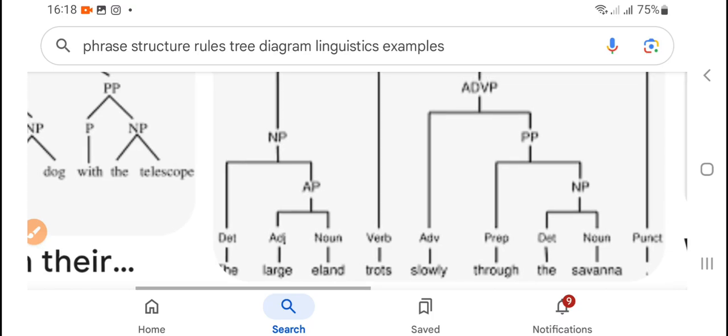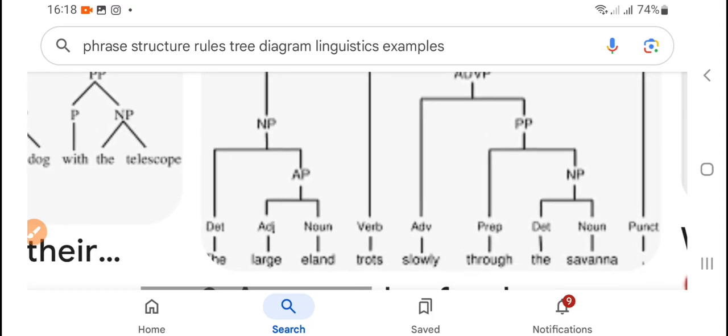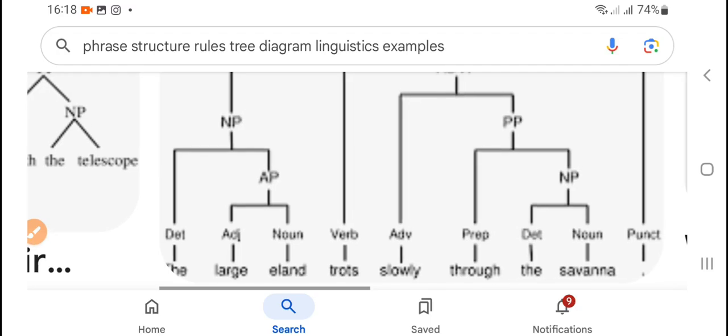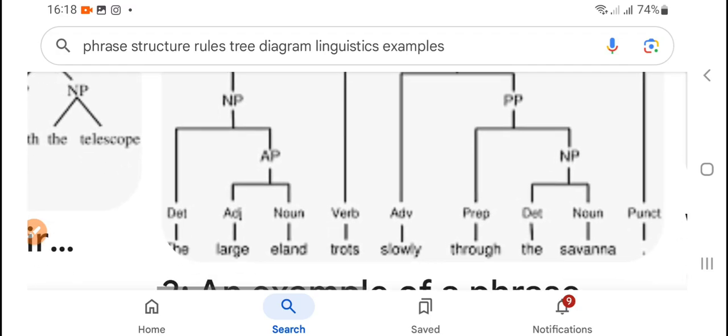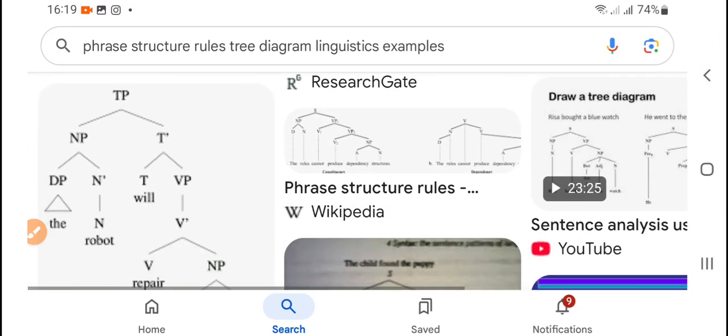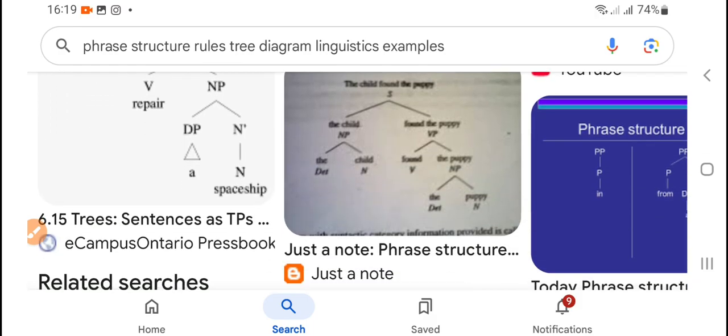The large, I don't know. Sorry, I am not able to tell, this sentence is not clear to me. Anyway,